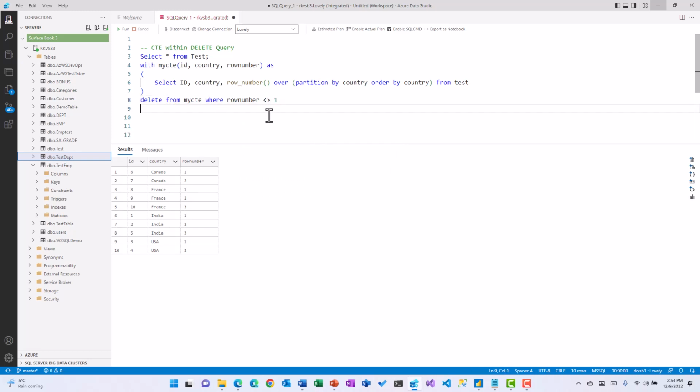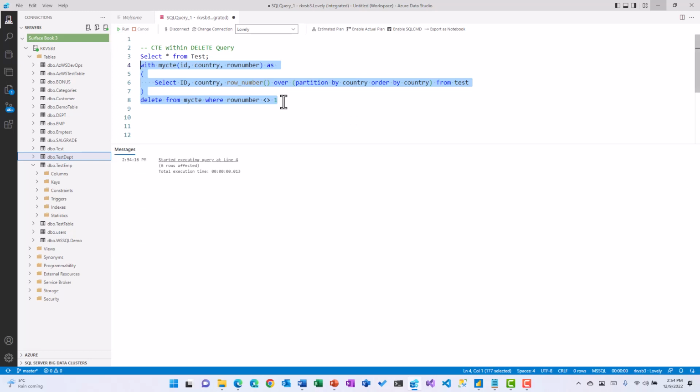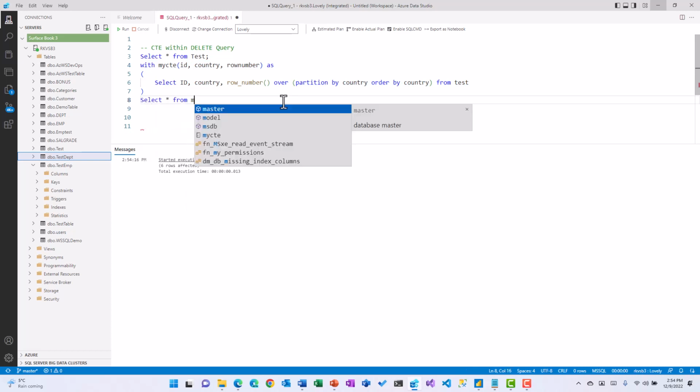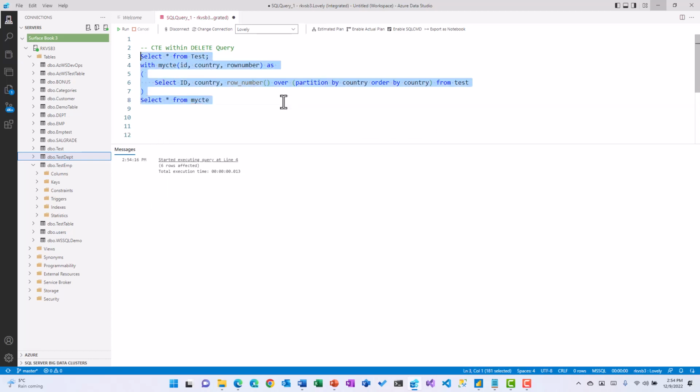Now, if I delete this and I want to see which rows are left, let's try running this query. And then if I do this and run it, select star from my CTE. If I run this,